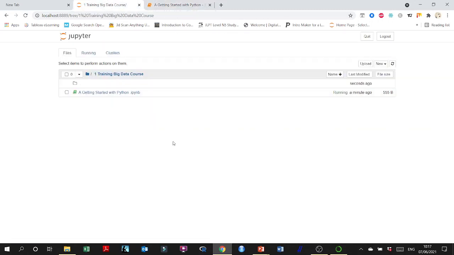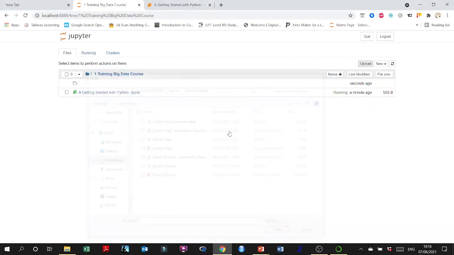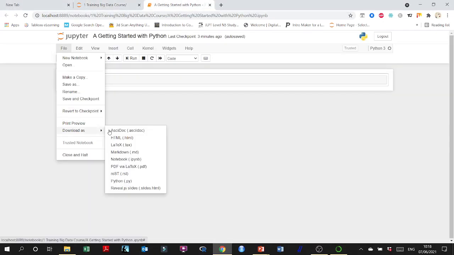So for example, you missed the class and you wanted the code, even though I will never give you the code. I just don't like giving my students the code. This means that you did nothing. You didn't type anything. But if you want to share code together, you can just upload the file that I saved for you or your partner saved for you